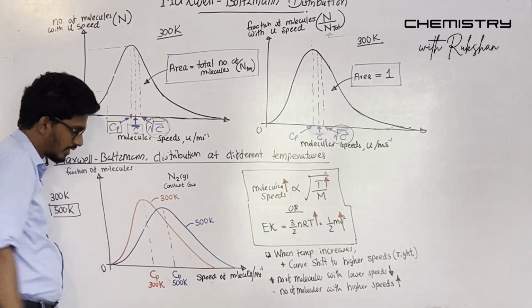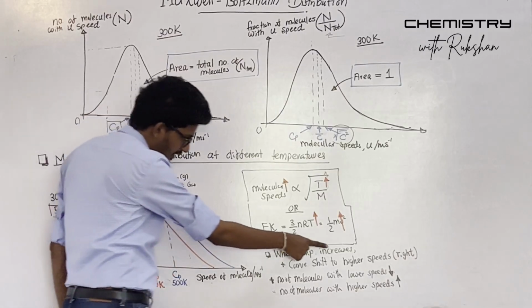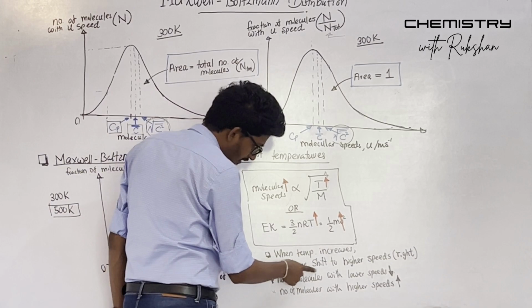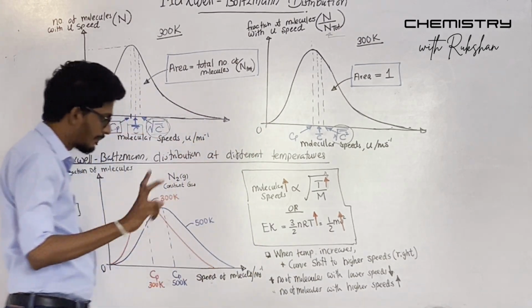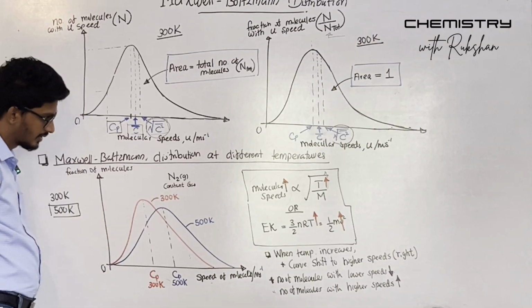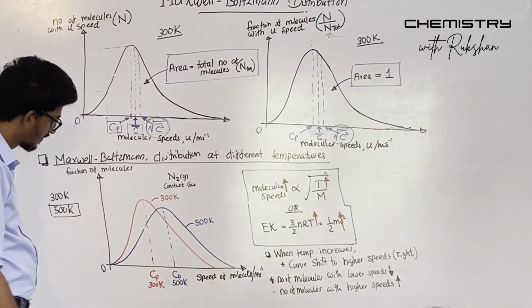When temperatures increase, the curve shifts to higher speeds. When that happens, actually two things happen. What is that? See,